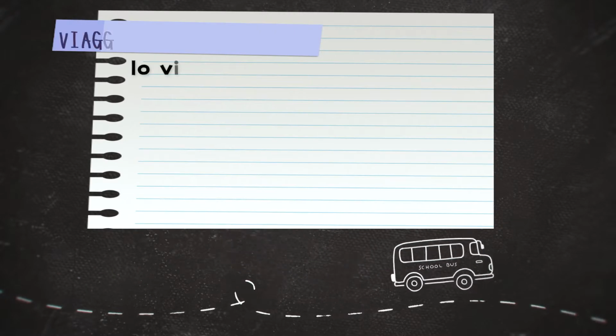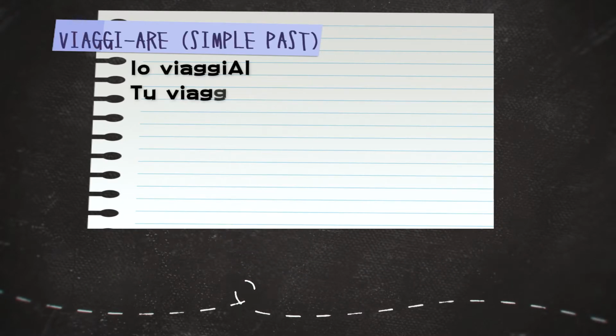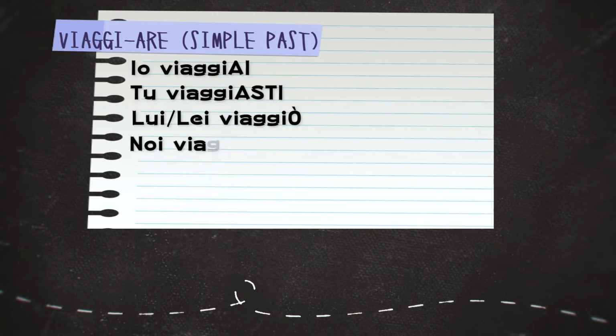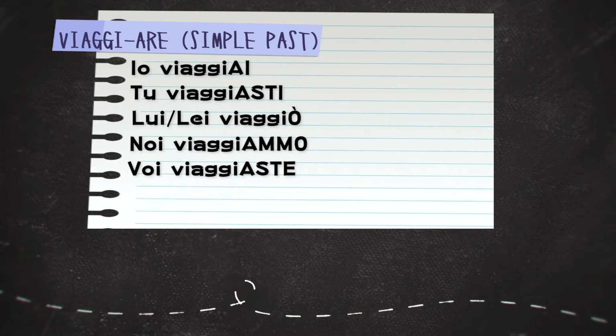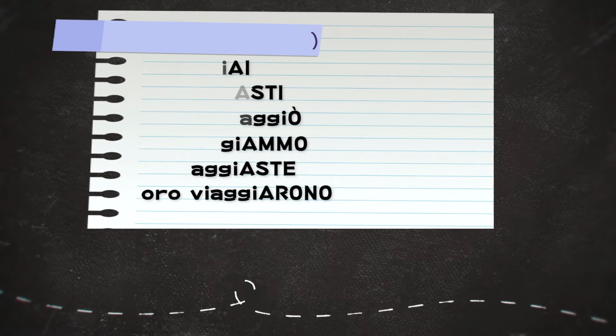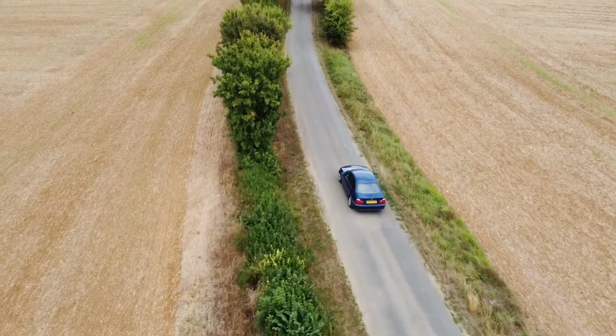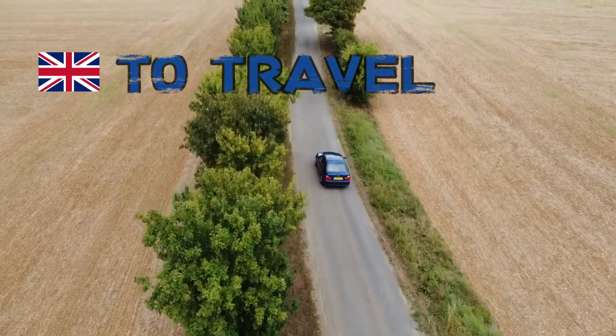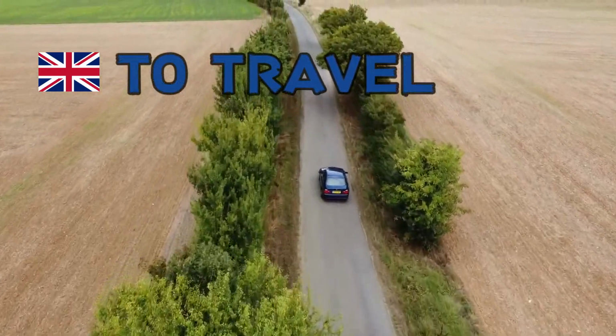Io viaggiai, I traveled. Tu viaggiasti, you traveled. Lui, lei viaggiò. He, she, it traveled. Noi viaggiammo, we traveled. Voi viaggiaste, you traveled. Loro viaggiarono, they traveled. Now let's start to introduce some prepositions, like the preposition to, because in English, to travel